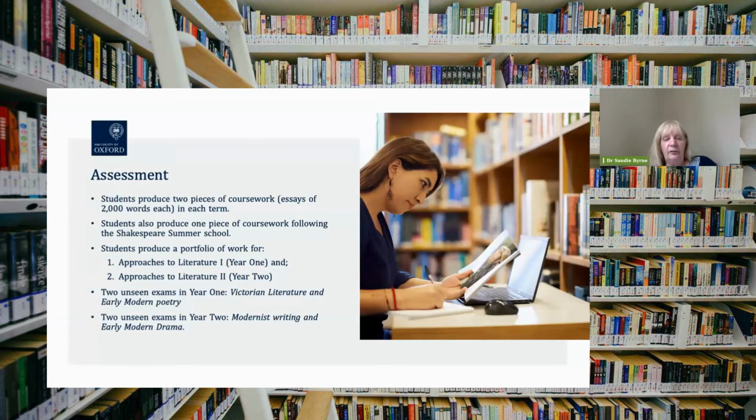Then there's a portfolio exam. A portfolio exam means you can do it at home or you can do it in the library. You have the books with you. You've got quite a lot of time to do this. And the approaches to literature, both 1 and 2, are examined in that way. So some questions are posted, students respond to them. They can use books, they can use online resources, they can take a lot longer than they would in a